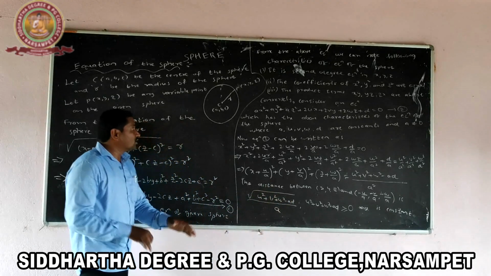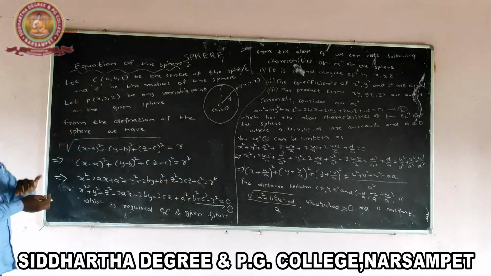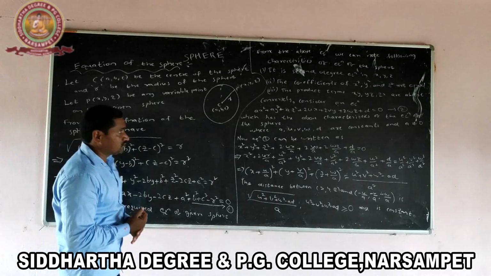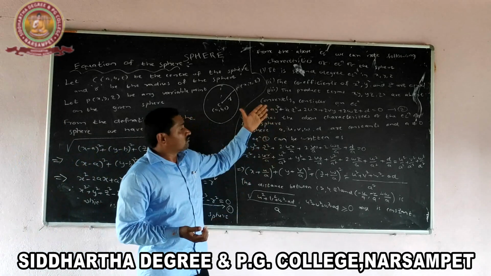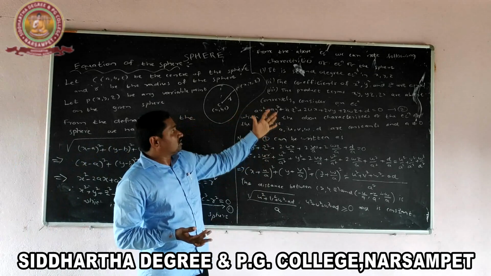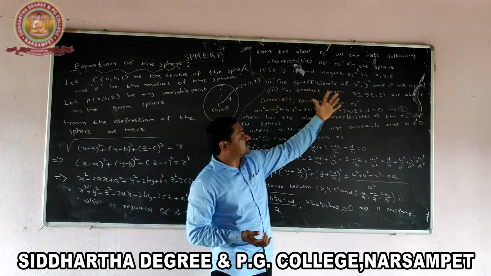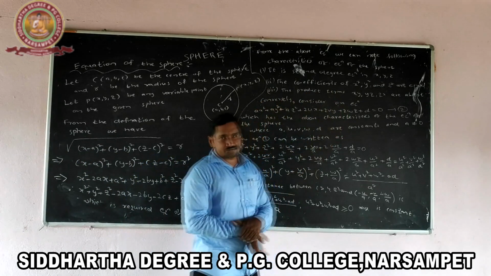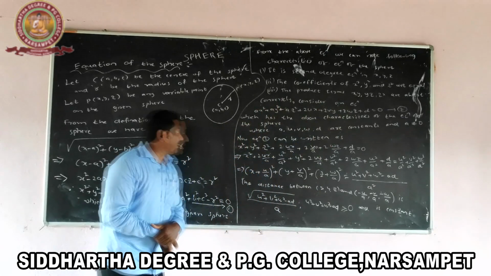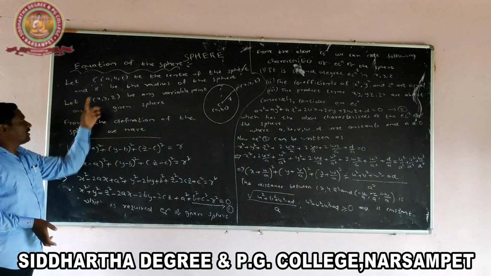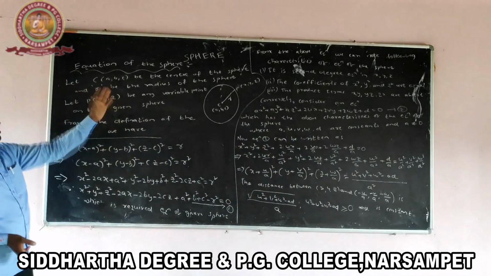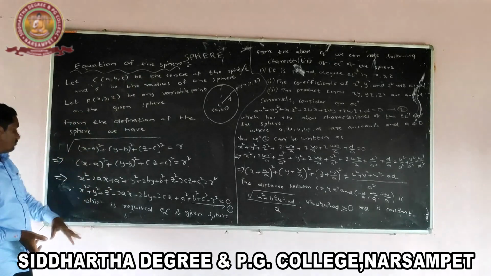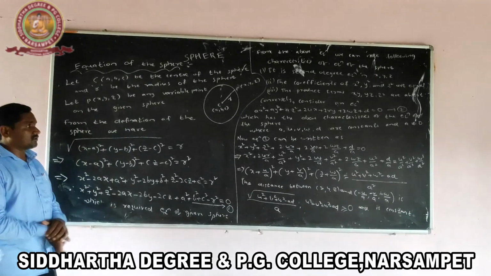Right? So here we are discussing the equation of the sphere. It is a second degree equation in x, y, z, right? And the coefficients of x square, y square, z square are equal. The product terms xy, yz, zx are absent. Right? So there we derive, by taking a given center and any variable point on the locus of the sphere, the equation of the sphere.